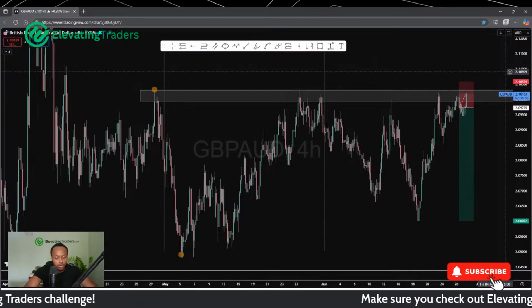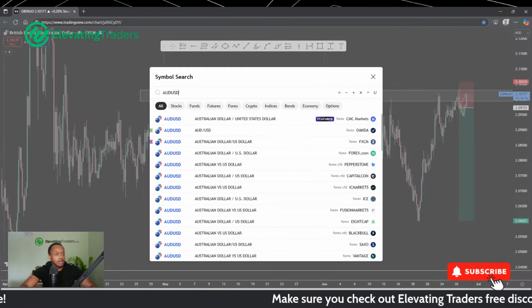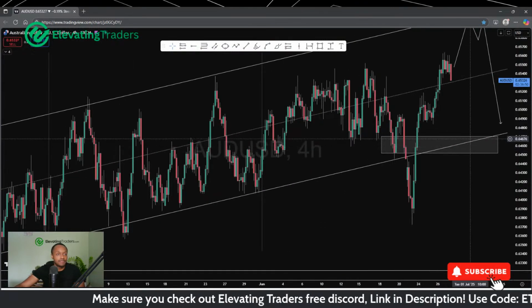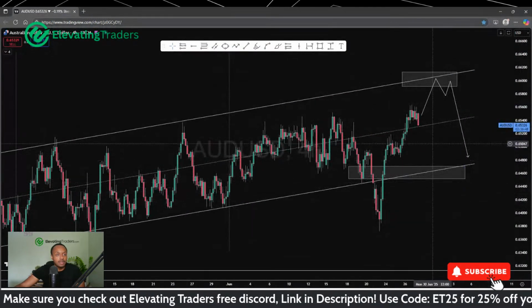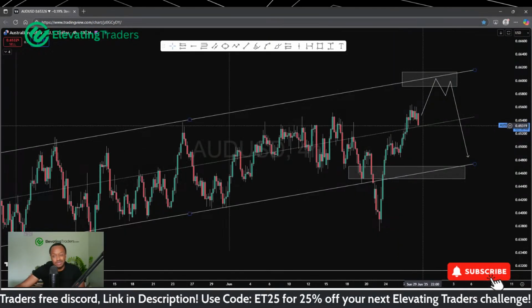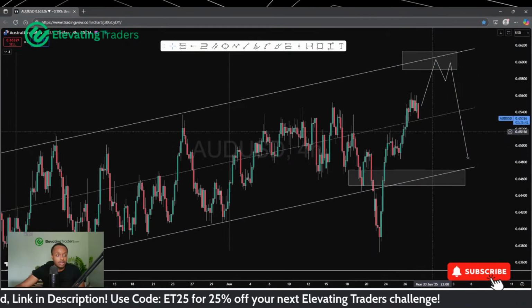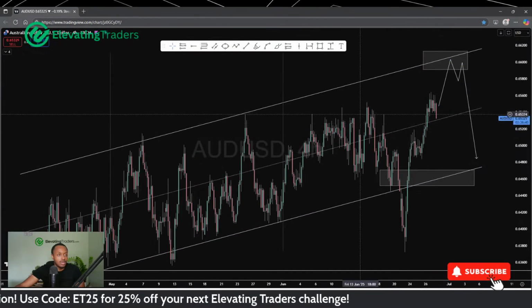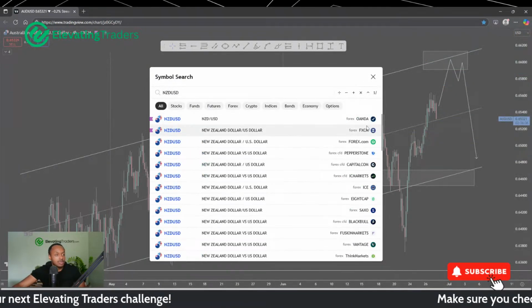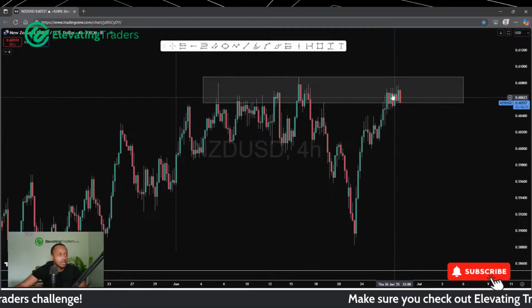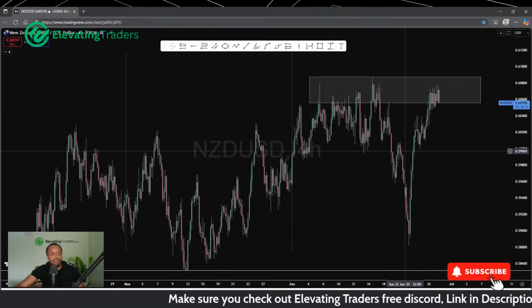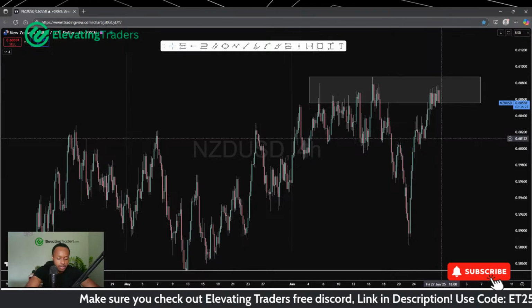I've been looking for a lot more Aussie strength in the market, but it hasn't really come into play. We've seen a little bit of Aussie strength, but not as much as I was expecting. I've been looking for Aussie to get there. I mean, we've seen some strength there, but that's more to do with USD. It's looking a little bit weak at the moment at the highs. NZD USD, I'd imagine doing something similar as well. I mean, this is stuck at resistance, seeing a bit of a move down, but nowhere near as aggressive as Aussie.